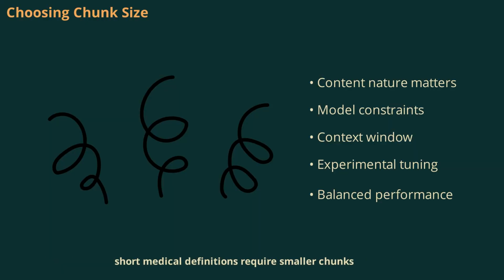Short medical definitions require smaller chunks, while complex legal contracts need larger ones to preserve arguments. Embedding model constraints in the target LLM's context window also play a role. It's best to tune chunk size experimentally, using grid search and validation metrics to find the balance between accuracy and